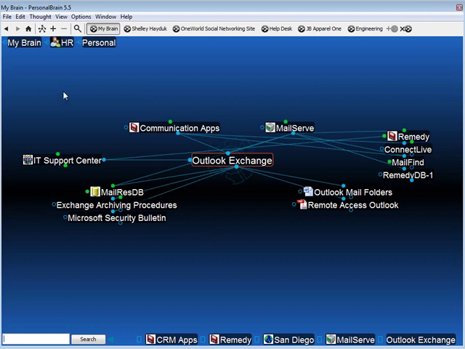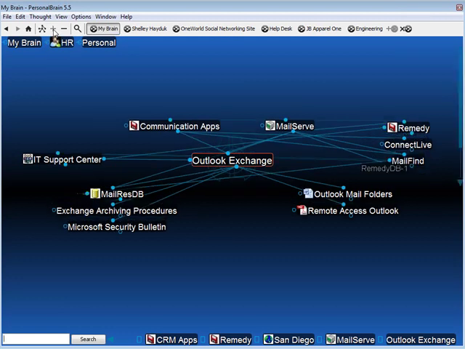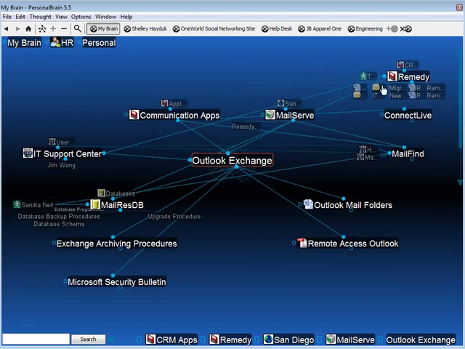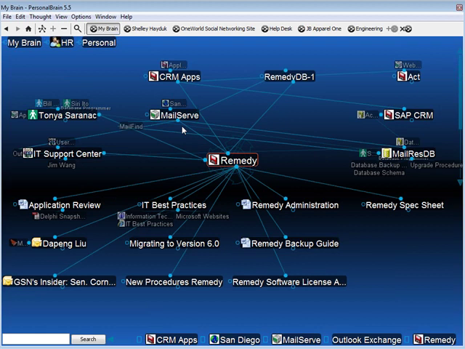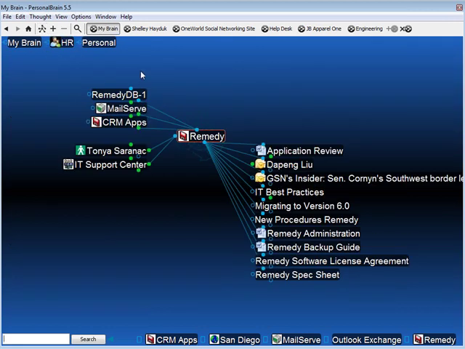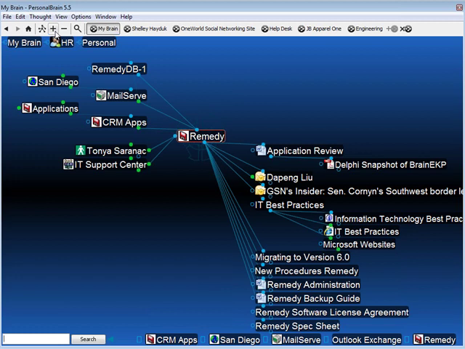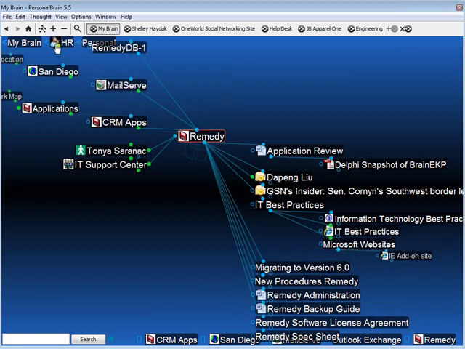You can see I'm in my standard view, but if I plus that, I can get that additional level of distant thought. So now I can see that Remedy, if I activate that, I get that additional level of thought. Or I can actually move to several different views. We have outline view, and outline view lets me expand and collapse this ad infinitum. So you can see here